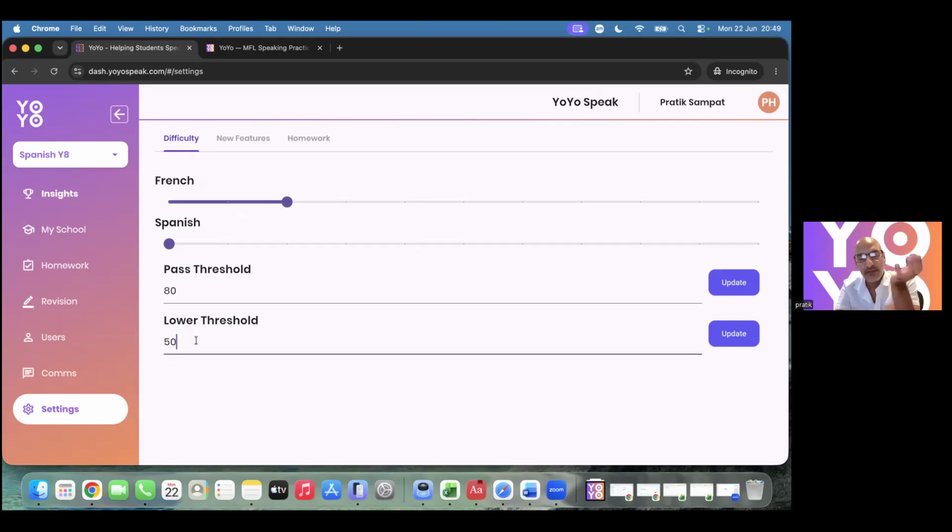If you're below your lower threshold, we don't give a score. We wouldn't tell a student they got a 32, we'd just say try again. If they get between a 50 and an 80, we give them feedback but ask them to do it again. And if they get above an 80, we pass them to the next phrase with the feedback, as you saw.